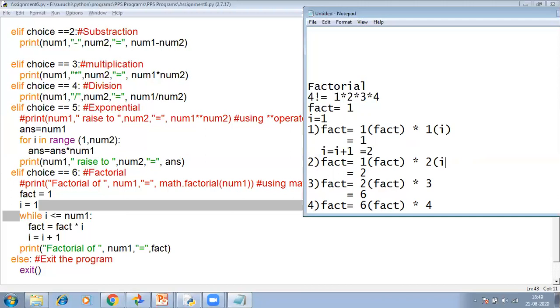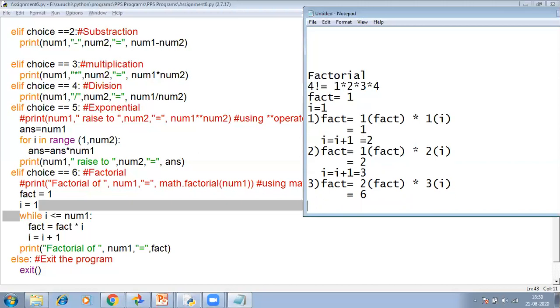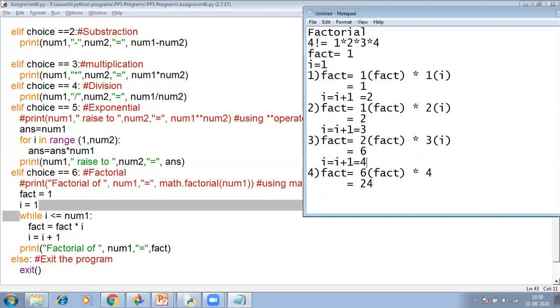So this is your I again, which must be incremented to 3. So it becomes 3. So next time we'll again use I and then increment it again by 1, which will be equal to 4.